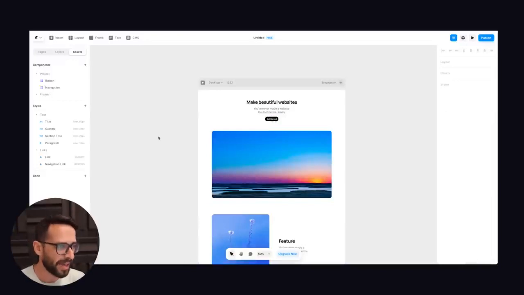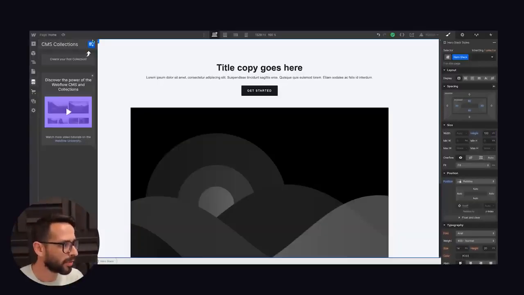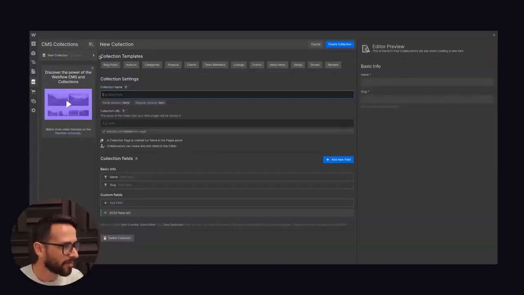Let's talk about CMS, because of course, if you want to build a real website, it has to be dynamic. Framer's CMS is actually pretty close to what Webflow has. So you can go here and add a collection, and then you create a new collection. Let's maybe call this blog posts. And I've created this. Immediately I can create new items. In Webflow, if I go ahead now and create a new collection, immediately it will show me what kind of fields we want, right? So if this is blog posts,